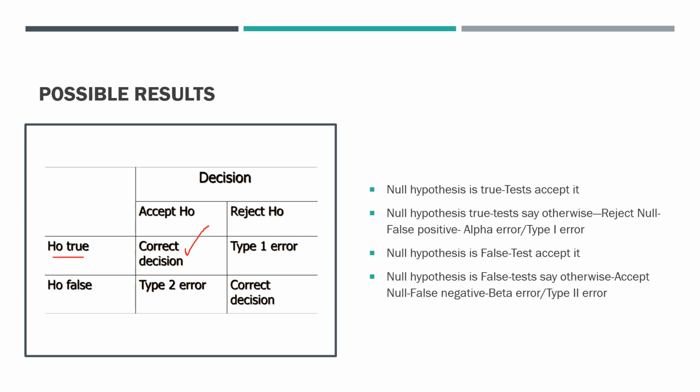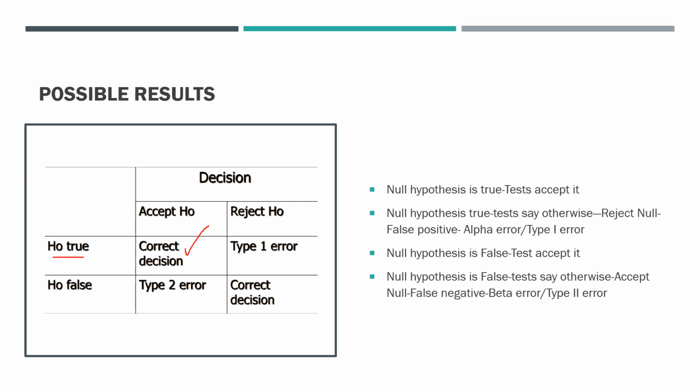Second scenario, your null hypothesis is true, meaning there is no difference between the two sample means, but when you are doing a test, it is stating that there is a difference, or you are accepting the alternate hypothesis in a place where the null hypothesis is true. When there is no difference between these two types of insulins, old and new insulin, your test of significance is saying no, the new drug is looking better than the older drug. So what happens? It is a false positive. This is called alpha error or type 1 error.